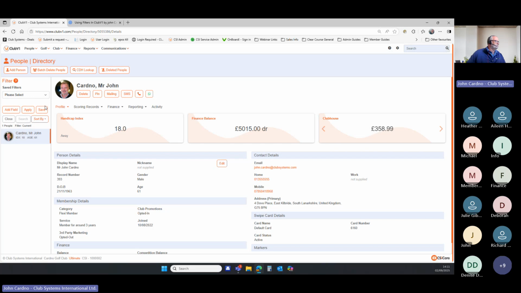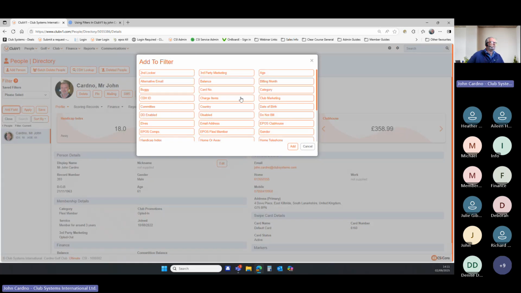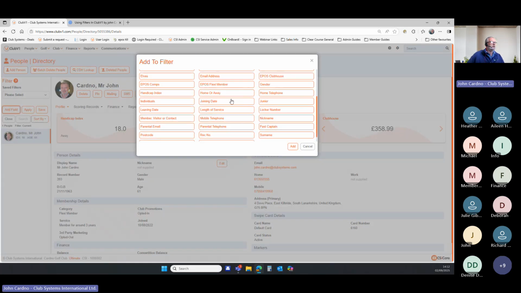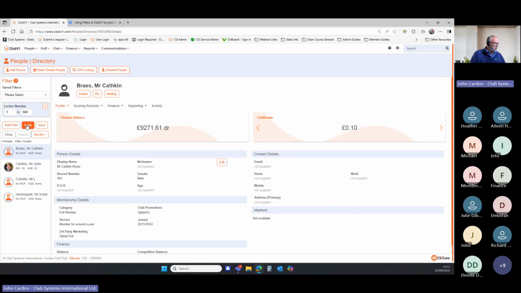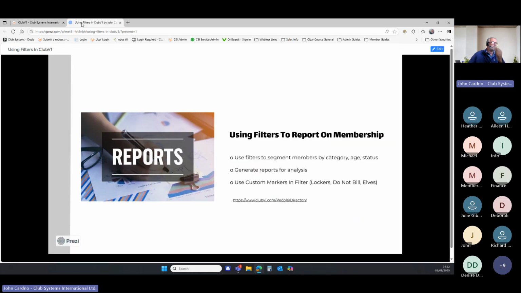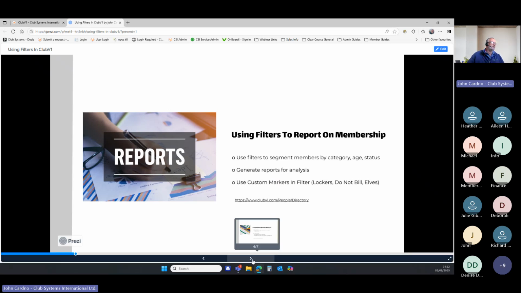If I take the marker away, add a field. I mentioned lockers there slightly. Got locker number. Show me who's got locker between 1 and 500. See, basically there's my 4 people that have got locker numbers. So it's where you can use these custom filters to help you through. Now, taking that slightly on, this is basically how you use the filters to report on your membership and analyze it. But taking that a little bit further,